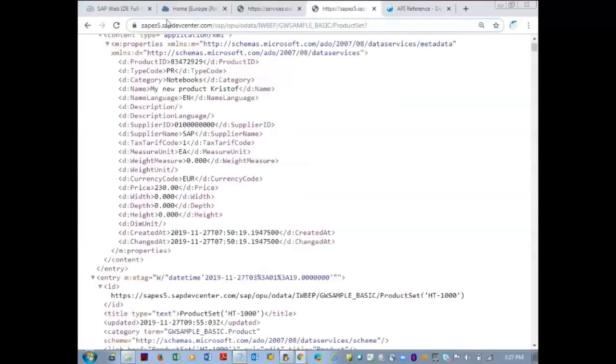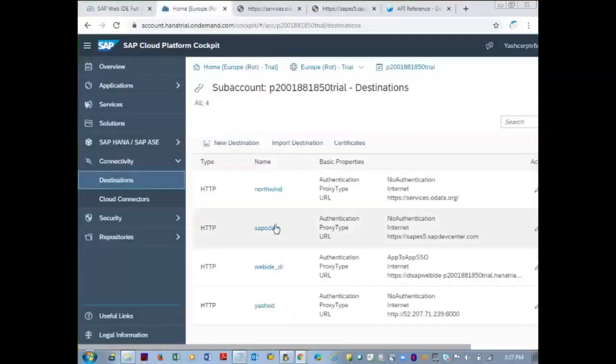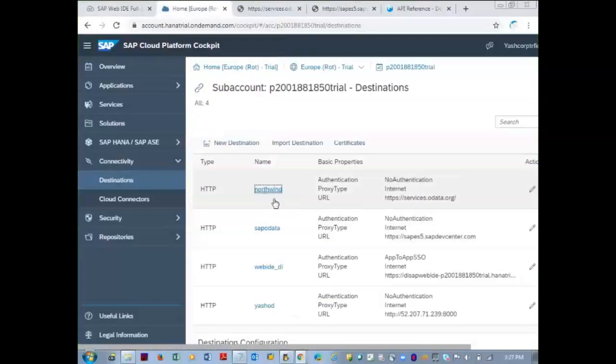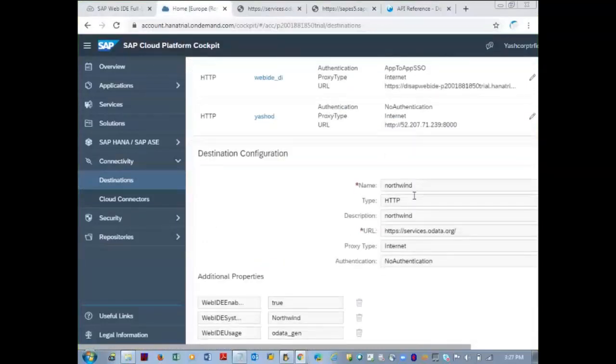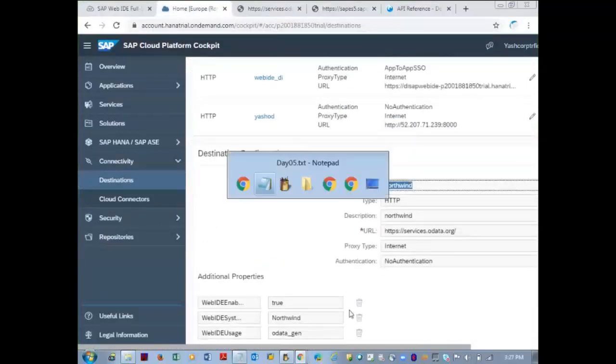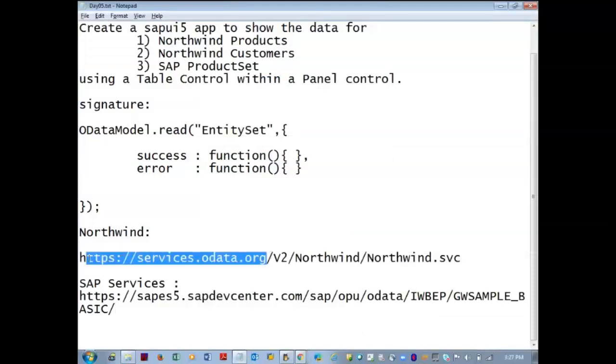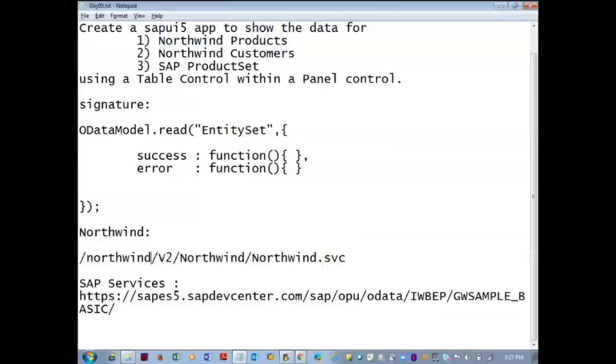To that path 1, we have given an alias or some name and description, Northwind. Now this path will be called with the alias Northwind.